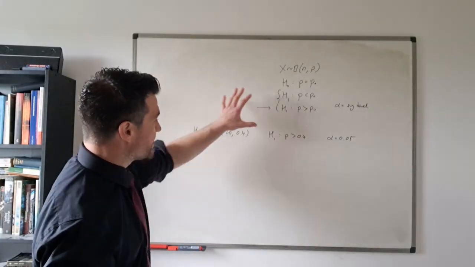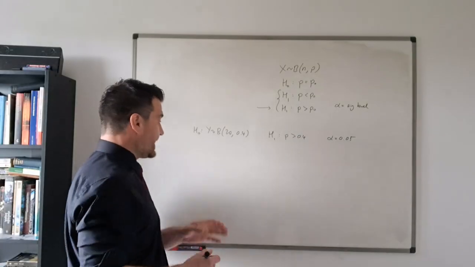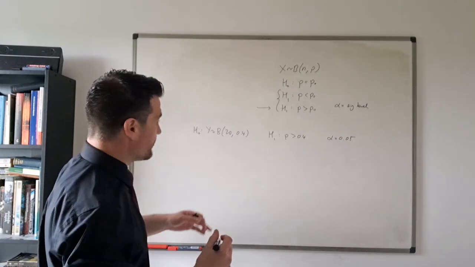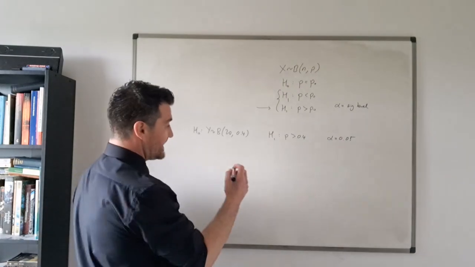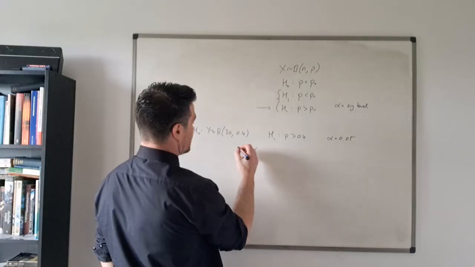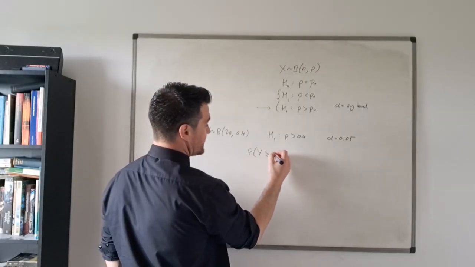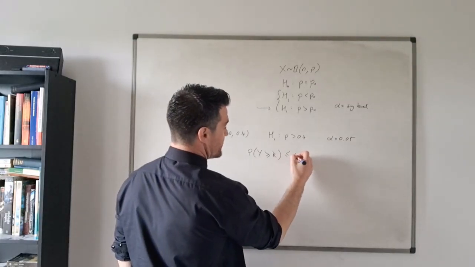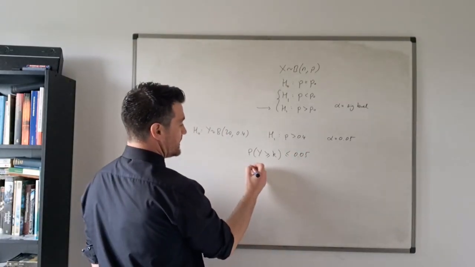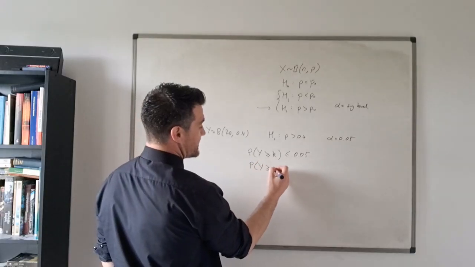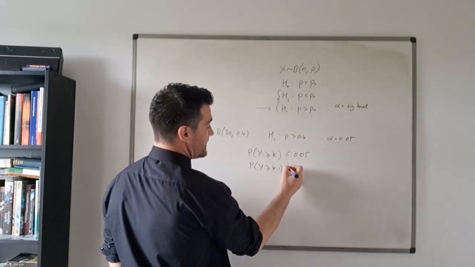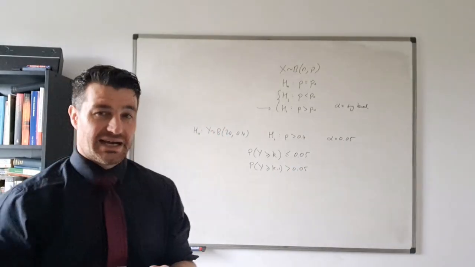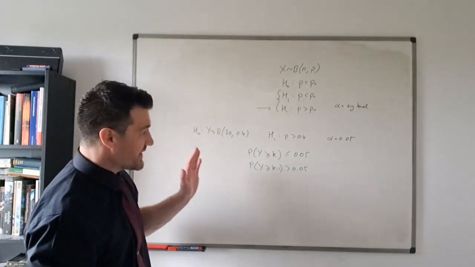Okay, so what are we looking for here? Well, again, integer outcomes 0 to 20. What we're looking for in this case is the probability that y is greater than or equal to some particular value k is less than or equal to 0.05. But the probability that y is greater than or equal to k minus 1 is greater than 0.05. Okay, and it's important to realize that the rejection region now,